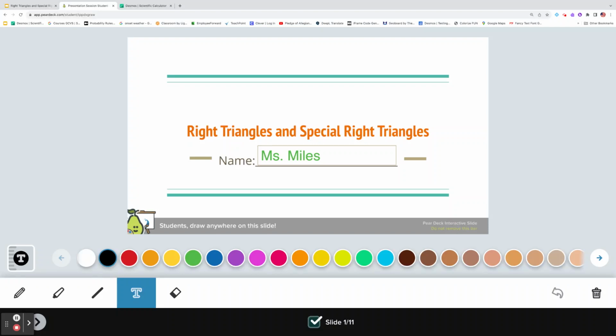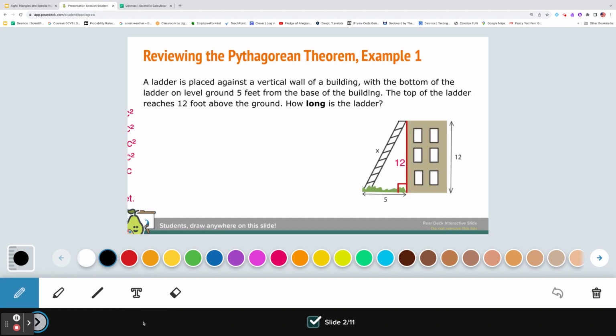Right triangles and special right triangles. In this video, we will be focusing on right triangles. Let's get started. A ladder is placed against a vertical wall of a building, with the bottom of the ladder